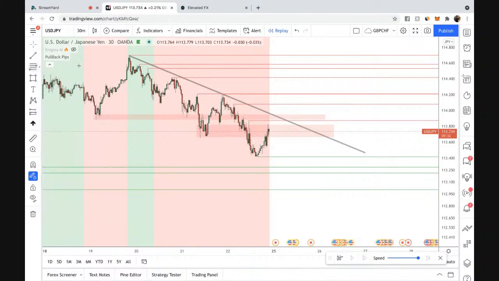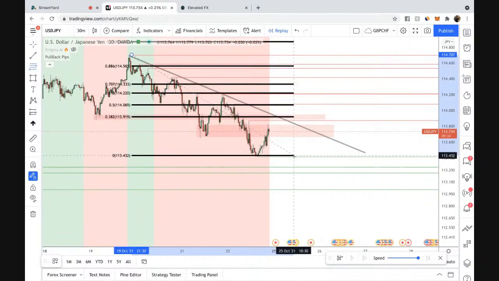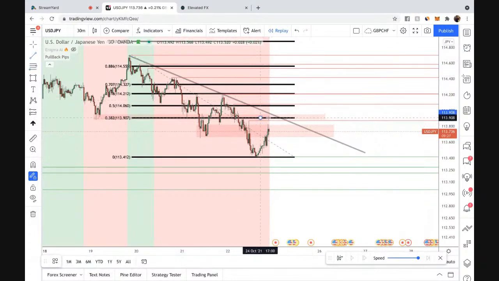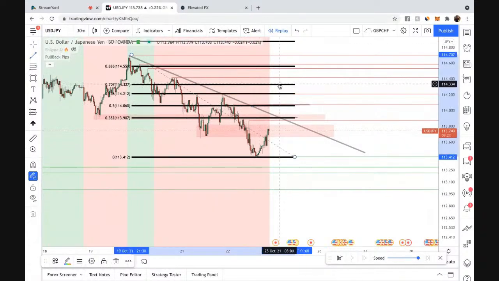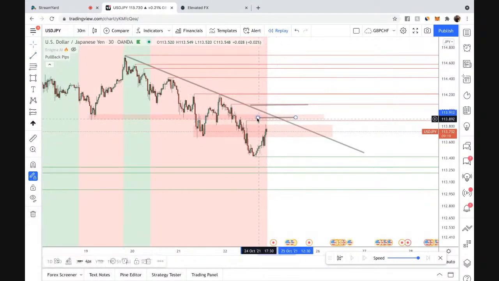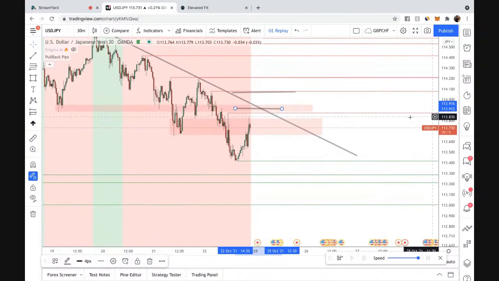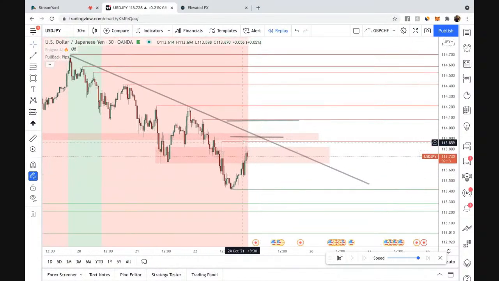For me, let's see. Let me grab that fib. I'm going to start off right where this structure level is. Yep, that's going to be one interest. And at the most, it's going to be right there. Boom. What am I doing? I'm just looking at where can the market pull back to, right? Where can it pull back to that's going to reject? And the great thing is these two areas are already restructured rejection, right?